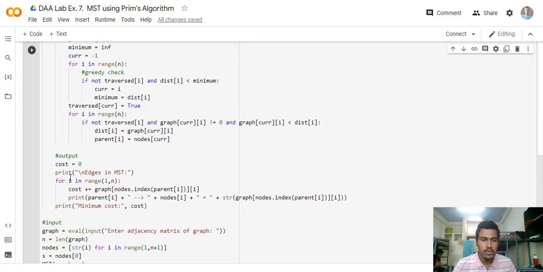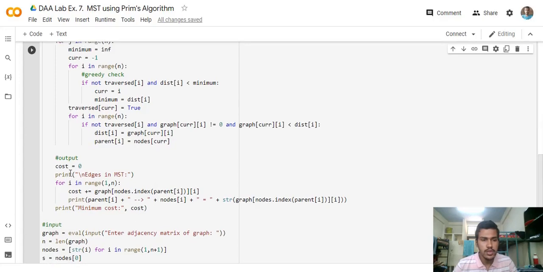And after that for the output we'll initialize a cost variable to be 0, and after that we print for edges in the MST, and then we run this for loop. We give the user the output, giving out the minimum cost of each edge to be traversed and the order in which it is traversed. So it will be all done according to this parent list that we have. So parent index of 0 will contain the parent of the 0th node, and from that parent to come to the 0th node, that is I,